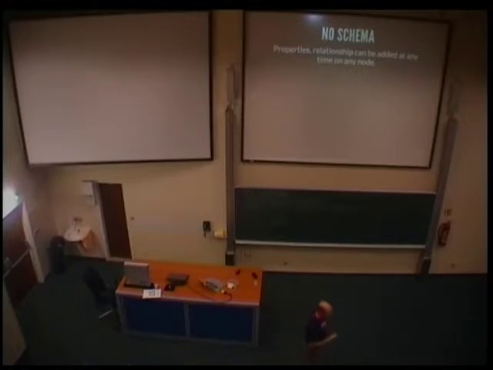Another nice thing is that it's schemaless. So you can add any nodes, properties, and relationships anytime you like. You might think that's going to be chaos, that you don't know what to expect from the database, what it contains. But instead, when you program a graph database, you create self-describing structures. It's nothing strange, really. That's what you do on a whiteboard as well. You put labels on relationships and nodes to describe your data. You do the same thing in the database.